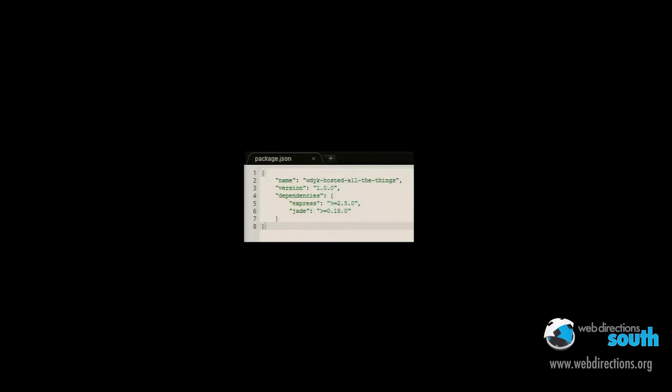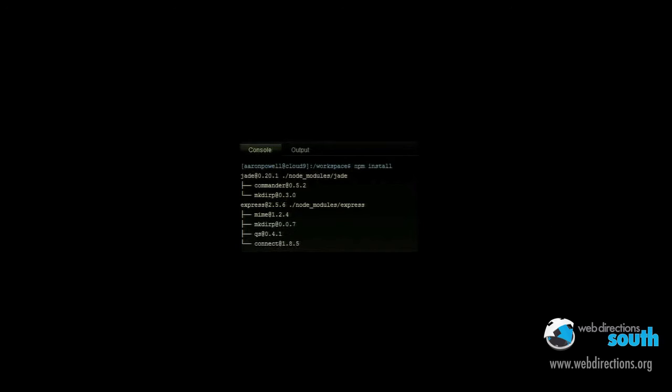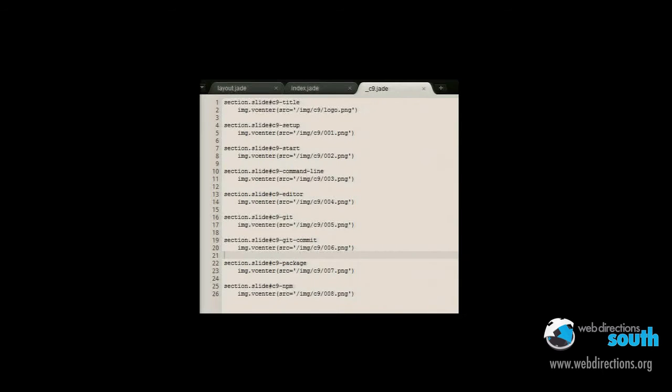Said this was running on top of Node, so because it's running on top of Node, I've got access to the standard things you would get through Node, such as npm. So I've created a package.json file, and I've put in a couple of dependencies. So I've put in Express and Jade, because I'm going to be building an Express site to run these slides. Run npm, and bam, it goes off and downloads all the things that I wanted out of it, and they are now available. So I can go across and I can start creating some Jade templates, writing up my slides